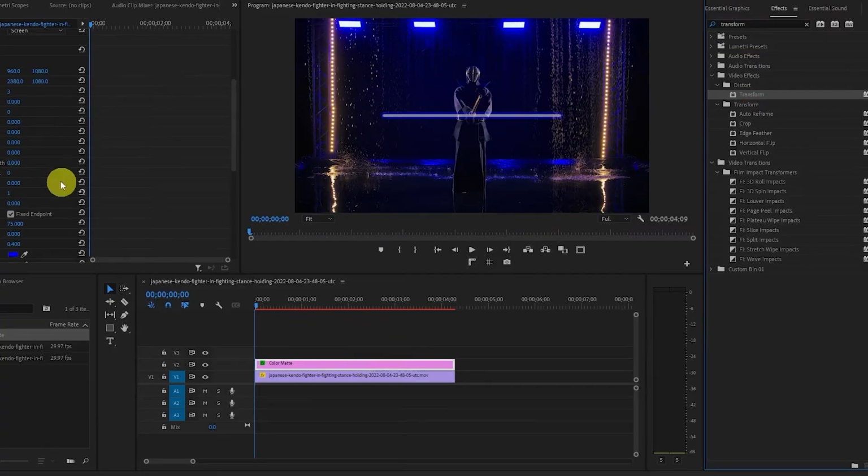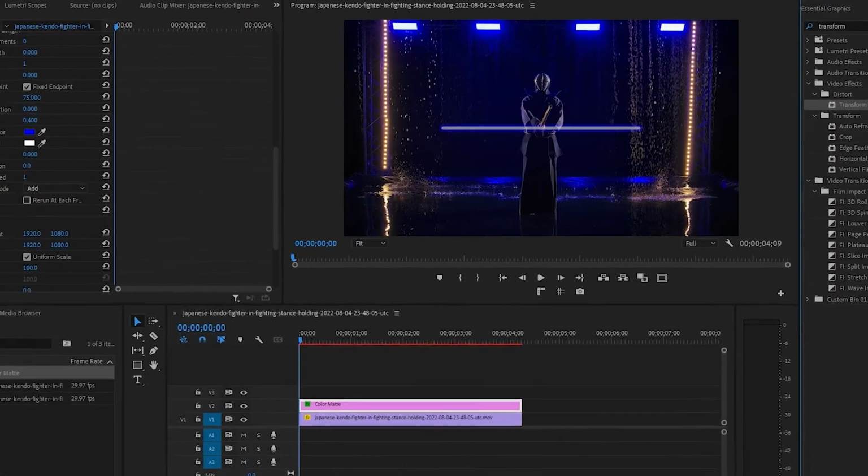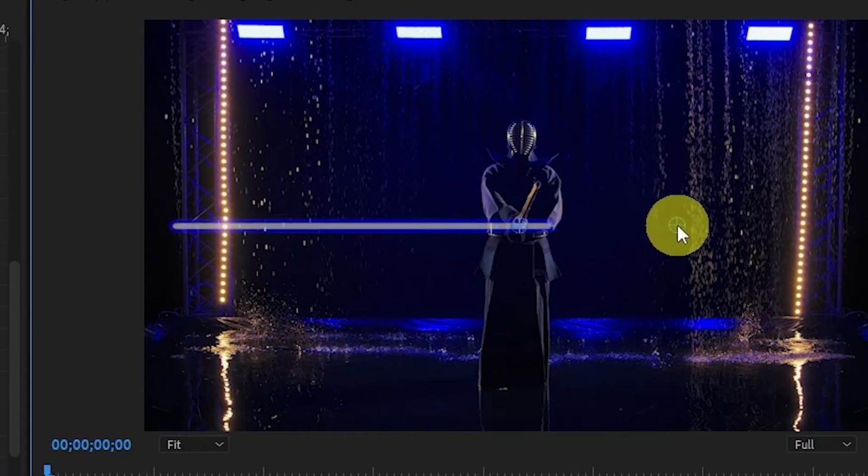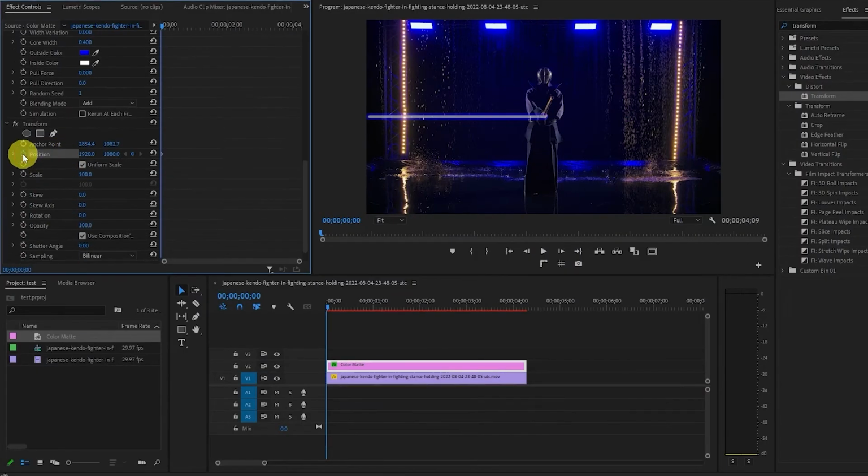And then go and click on Transform and you'll see a little blue circle appear in the center of the screen. Click and drag this to the right until the start of your lightsaber is in the other blue circle, like this. Under Transform, click the stopwatch icon for position and rotation, and from the start of your clip, drag